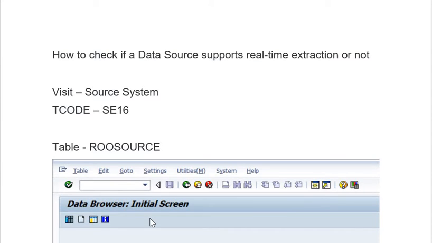In this tutorial, I will be telling you how to check if a data source supports real-time extraction or not in SAP BW for HANA. And in order to check this, you have to visit the source system and check in the T-code AC16, and after that you have to put the table name